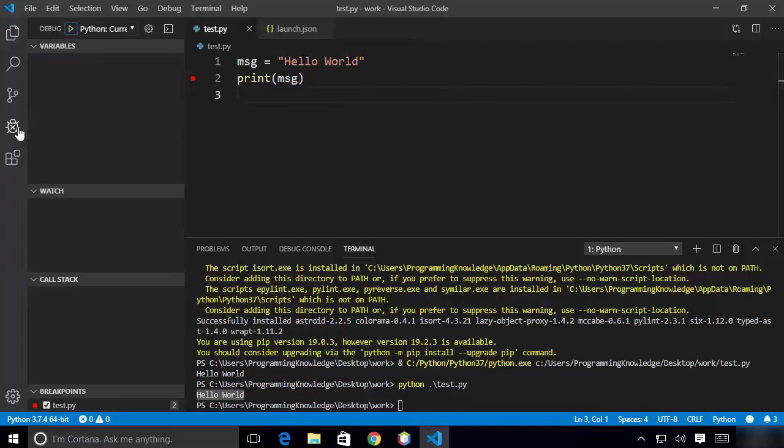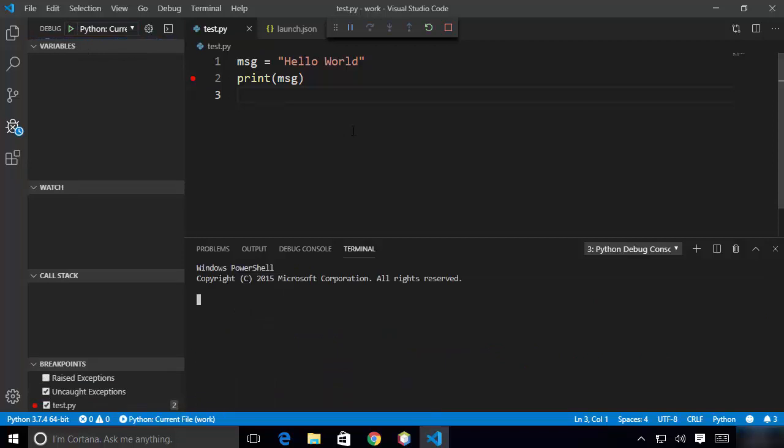So we just want to click on the debug option, and once you have clicked on the Python file option, you will be able to see Python here, or when you drop this menu, you will be able to see Python here once you have clicked this open launch.json file. And then you can see this green button here. So I'm going to just click on this green button, which is going to start the debugging of the Python